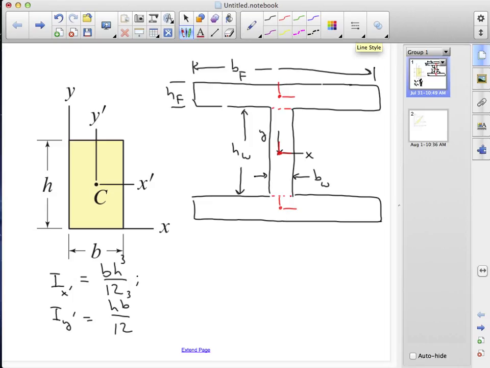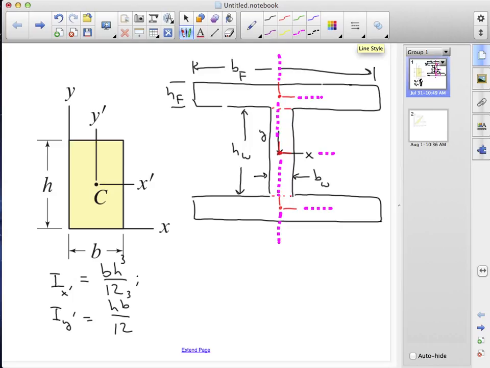And what we should note from that is that the x-axes are offset by certain distances. So the flanges have x-axes that are parallel to the x-axis of the shape, but are displaced by a certain distance that we'll write down in a second. All of the y-axes, however, are aligned. There's no separation between the different y-axes. They're all essentially coincident. But we do have this difference in the local x-axes that will factor into our expressions